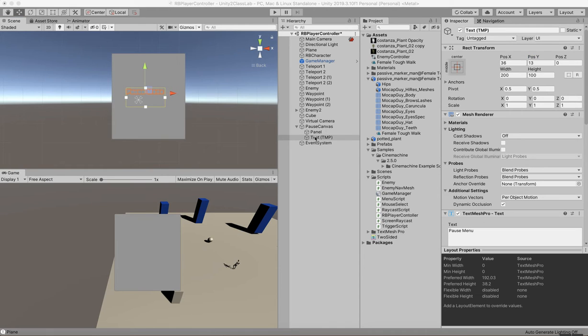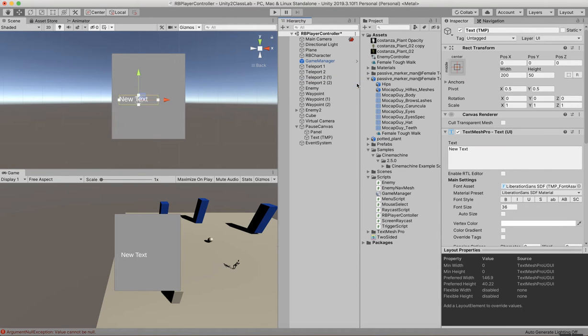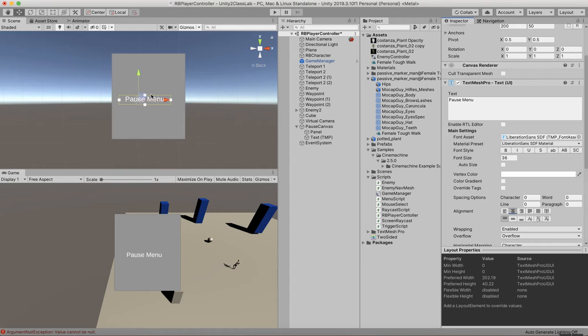Now I may have created the wrong one here. Let's delete this one and try this again from the hierarchy panel. So I'm going to go up here, go to UI, and then select Text Mesh Pro. Ah, there it is. All right, so we're going to call this one pause menu. And what we're going to want to do is make sure that the width and the height of this is large enough, and the justification is correct. So I'm going to put this in the middle, and